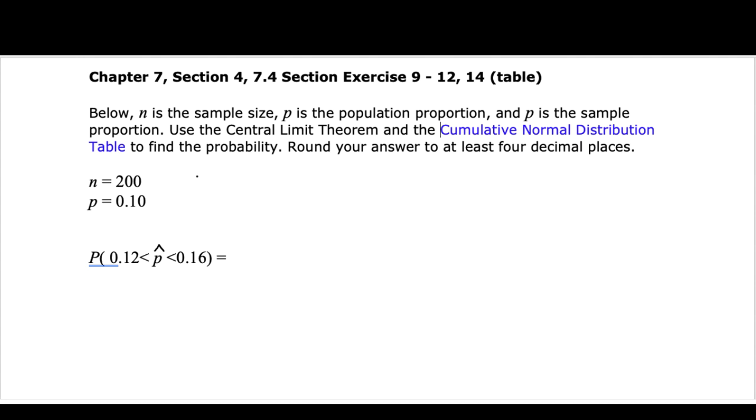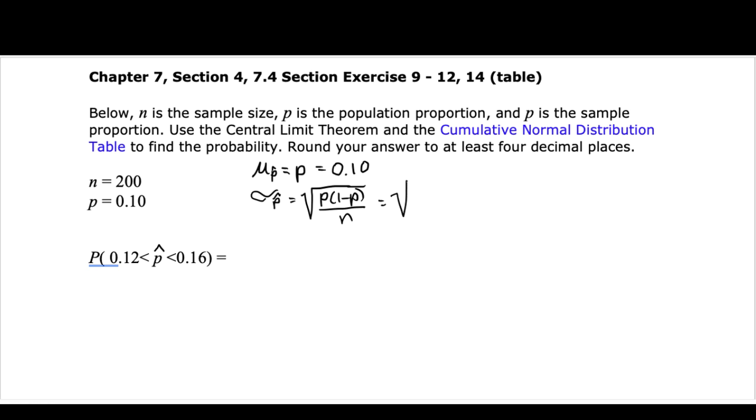The central limit theorem states that we can treat the sample proportion as a random variable. That random variable follows a specific distribution. The mean of that distribution, which we call mu sub p hat, is equal to the population proportion, which is equal to 0.10. The standard deviation of the sampling distribution is equal to the square root of p times 1 minus p over n,